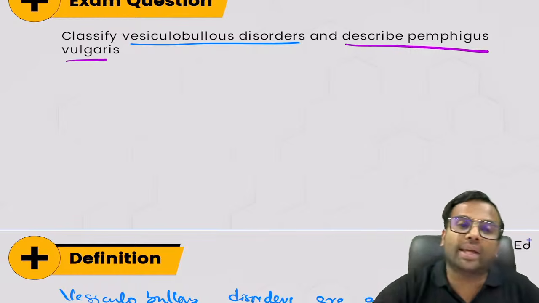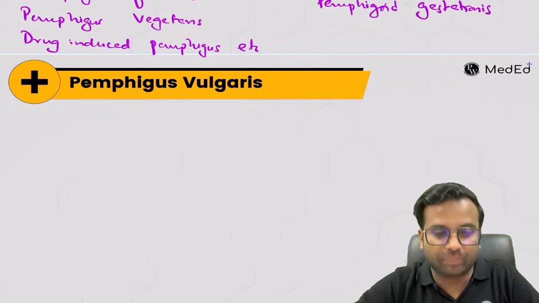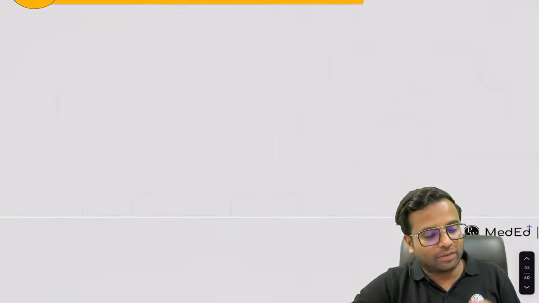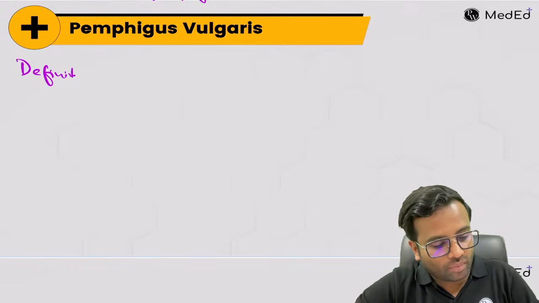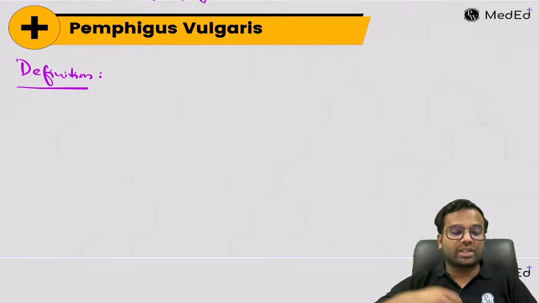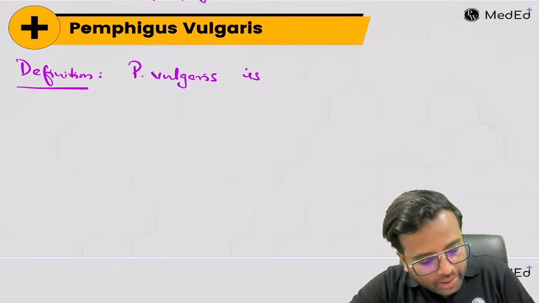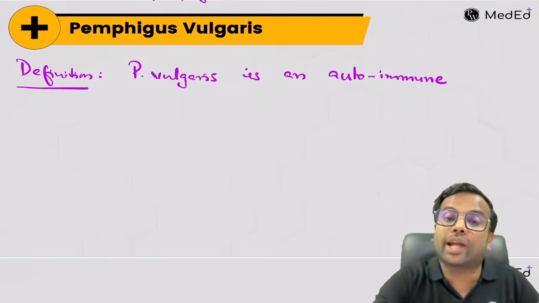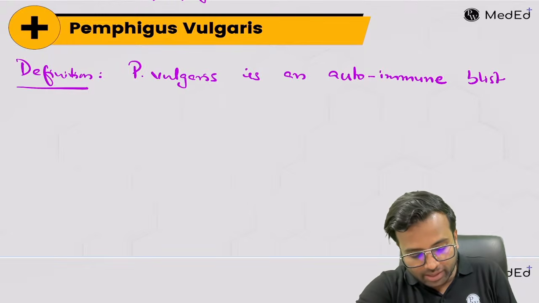Now, coming to the second part of the question, describe pemphigus vulgaris. Now, when you have to describe pemphigus vulgaris, how do we describe? So, we have to go in the same logical method, right? So, what is our logical method that we used? First, we start with definition. So, in the definition, pemphigus vulgaris is an autoimmune disease. Okay? It is an autoimmune blistering disease